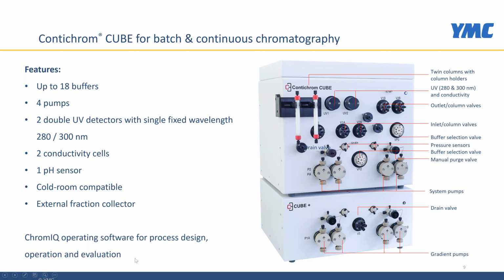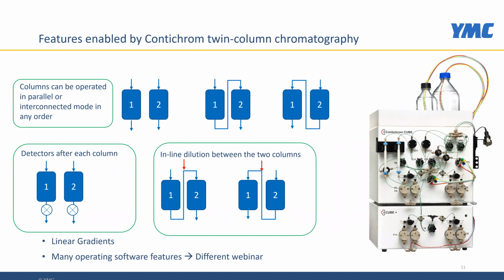Now, in order to run continuous chromatography processes, the system needs to support a number of configurations of the columns. So columns need to be operated in parallel or in interconnected mode, and in any order, with column 1 being the upstream column, or with column 2 being the upstream column. There need to be detectors behind each column so that we can monitor the UV and conductivity signal at the